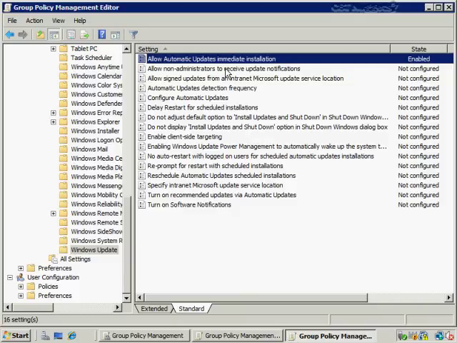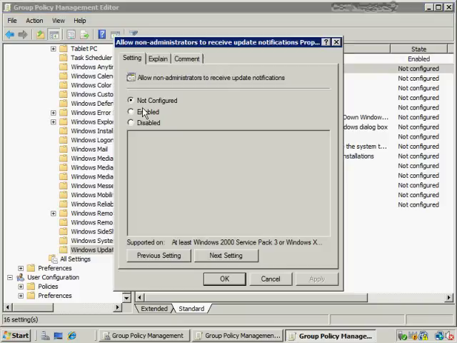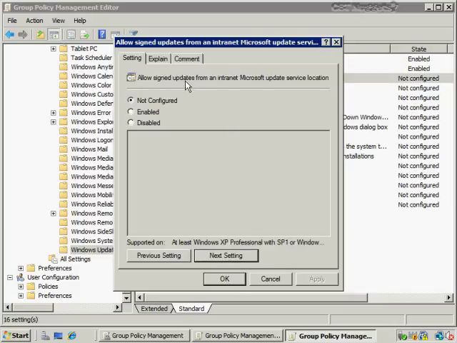You can also allow non-administrators to receive update notifications, and that's normally okay. Usually an administrator on like a standalone workstation would have to download and approve of the updates. Now you can also override that in Control Panel if you're an administrator and you want to do that. But here I'll just do it on a policy-wide basis, and then if I click on Next, I can allow